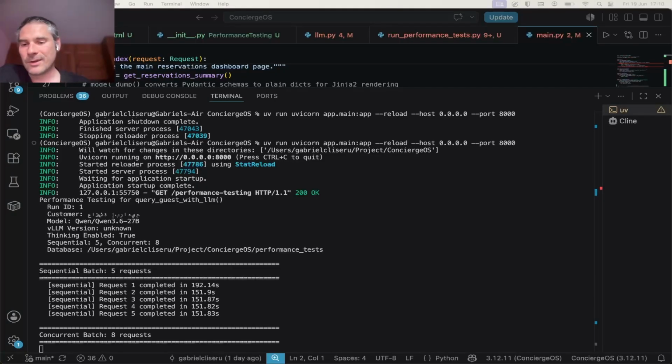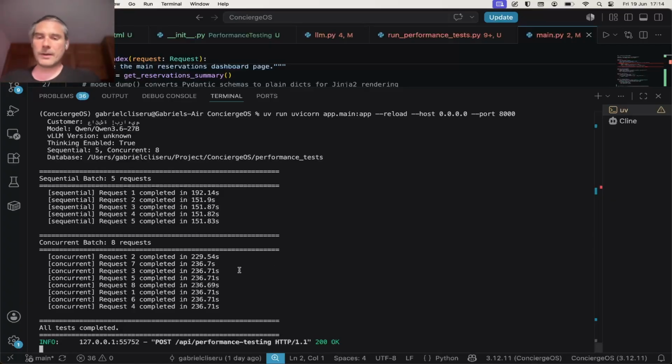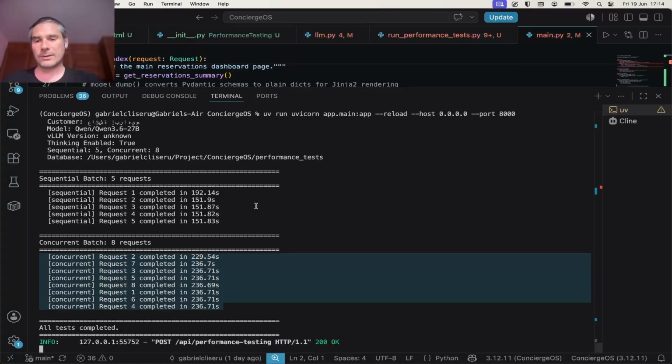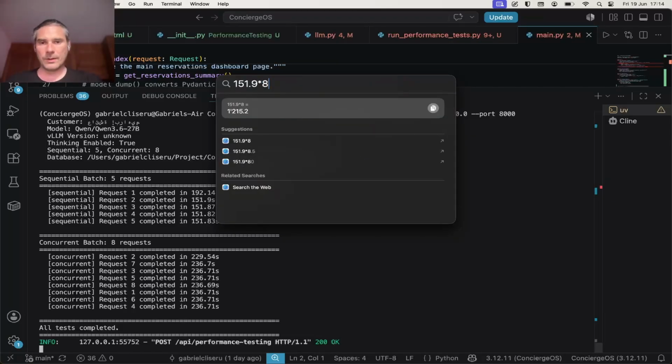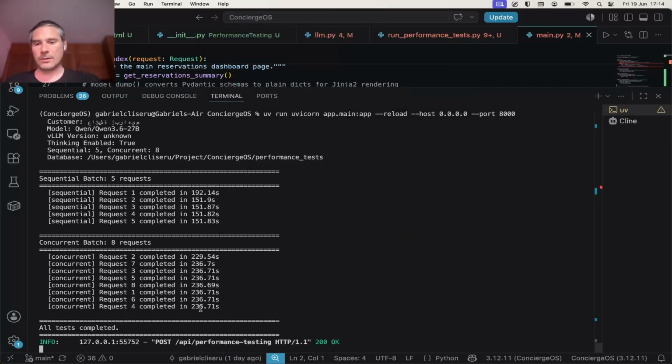Now we are starting to test concurrent requests. What is interesting here is to add up the total duration of the sequential. So we can consider a baseline of 151.85 maybe. We can multiply this by 8 and see if the total length of the concurrent requests is smaller than this. Okay, I think everything has concluded successfully. I wonder if these have finished at the same time, because if yes, it is a very big improvement over if we consider 151.9 multiplied by 8 would be 1215, and if this actually finished in 236,